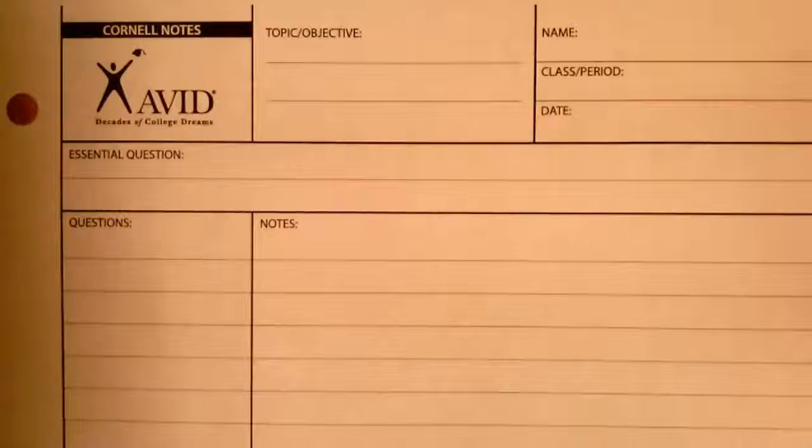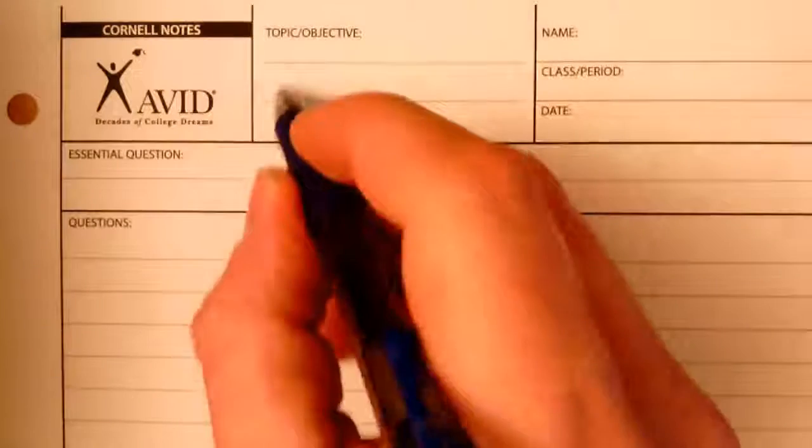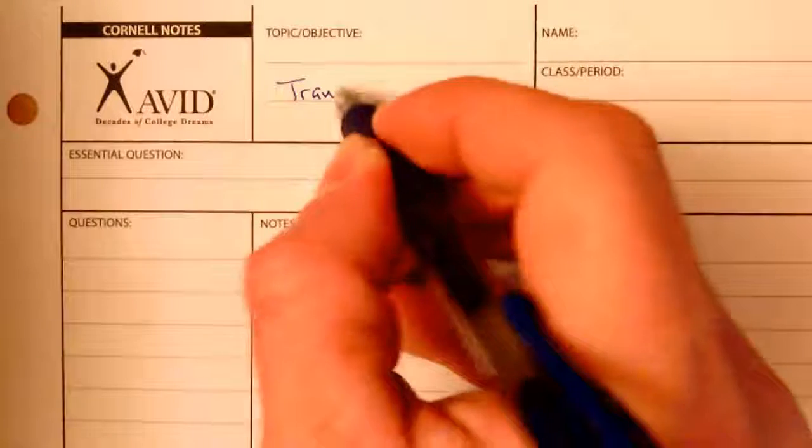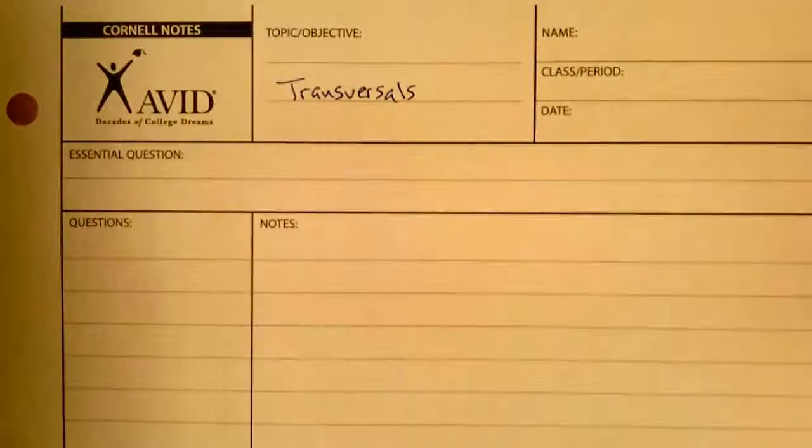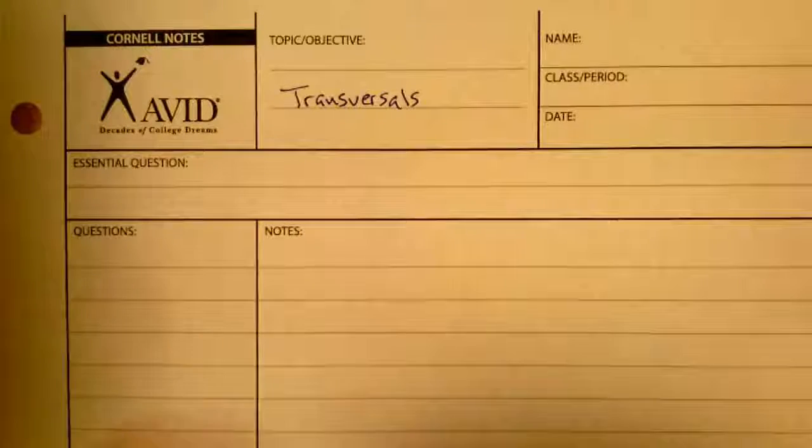Alright, now we have some super short notes. Again, it's about transversals, those lines that cross a couple of other lines. Our essential question now is,